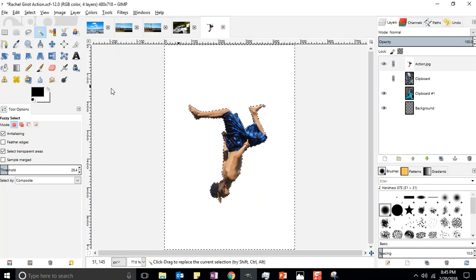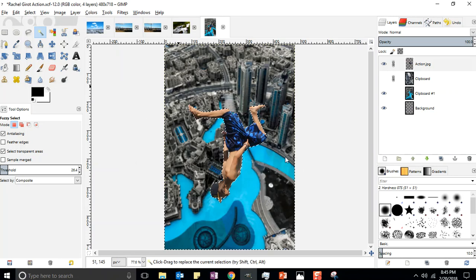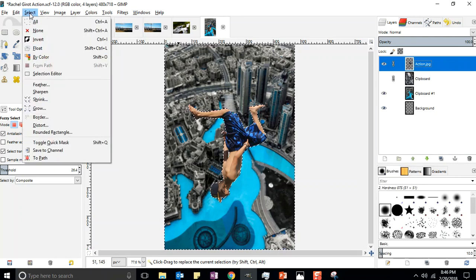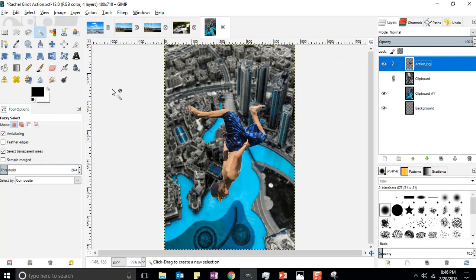All I had to do was click on it one time and it selected everything, hit delete now, boom. Okay, so that was what I was missing. I just had to get an alpha channel. An alpha channel just makes it so that it's transparent when you delete instead of having that white background that it had. So now that I've done that, I can go ahead and go Select None